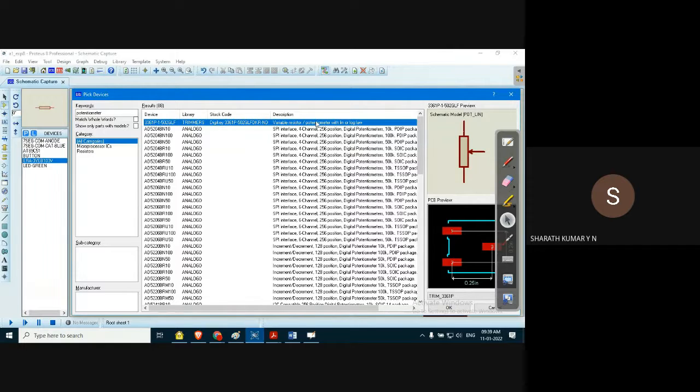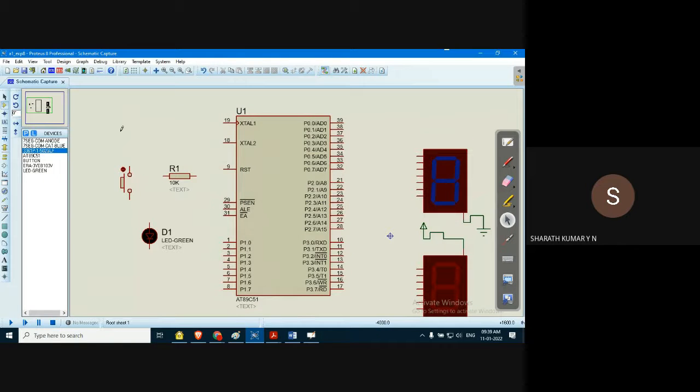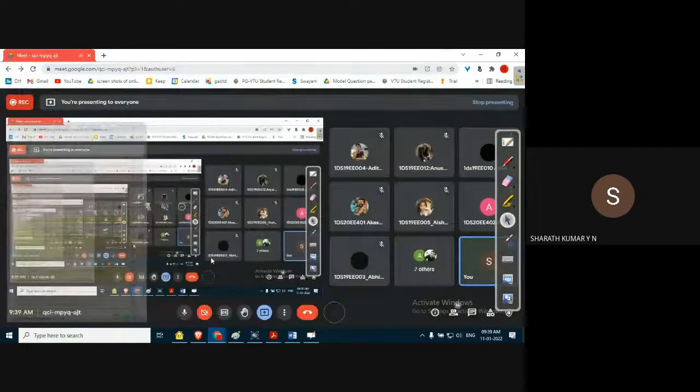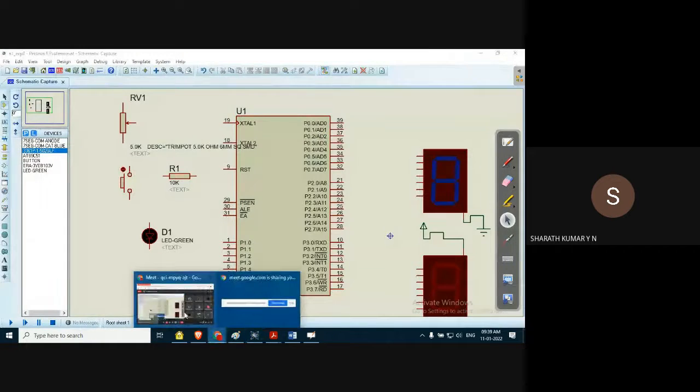We will get a variable resistor or potentiometer with linear or log law. Click on this and we can select a potentiometer. Okay, fine. Here we go. Just hold on a second.